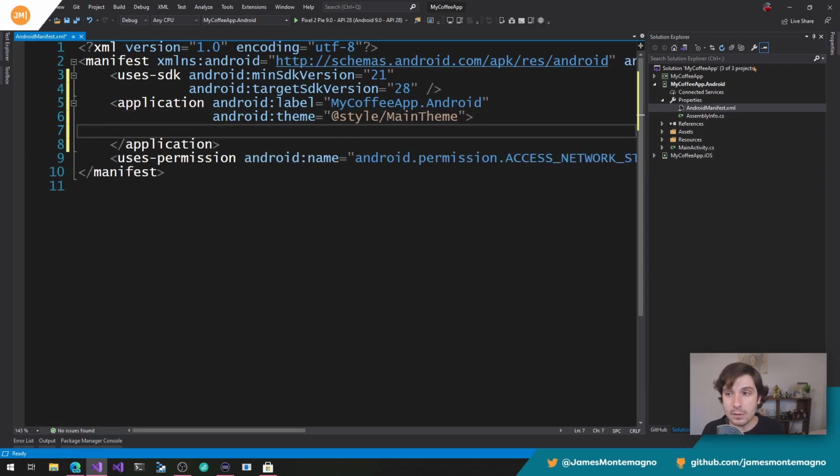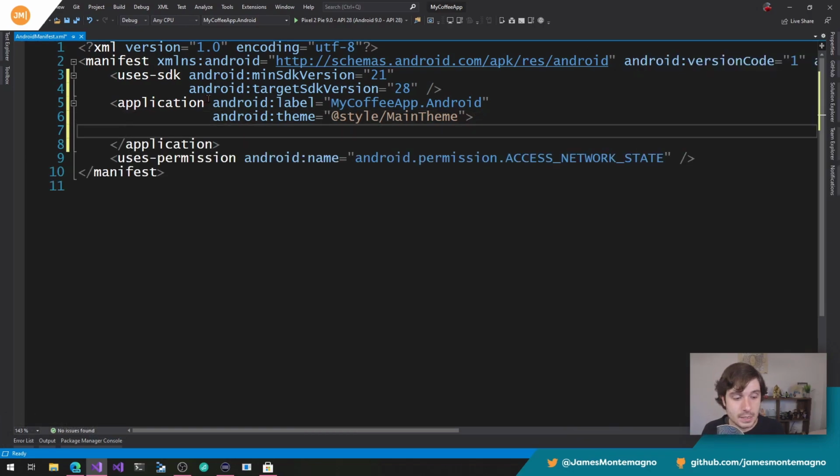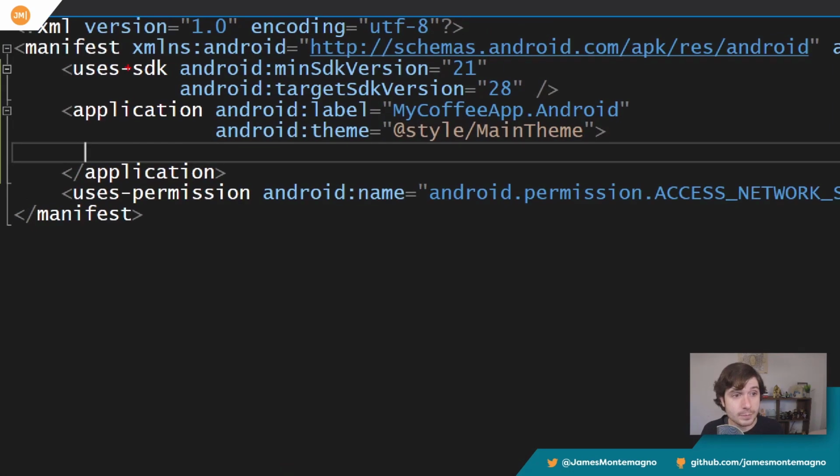Now, this manifest file describes information about your app, and this is in every single Android application. So we can see here, let's look at the default, what it gives us. It's telling us that, hey, this is the manifest, and we're going to be using Android SDK minimum version 21 and target version 28. And we'll talk about that here in a second. And that's important because that's going to tell Google Play what version of my application it's targeting and how far back, basically, individuals can install my application on.